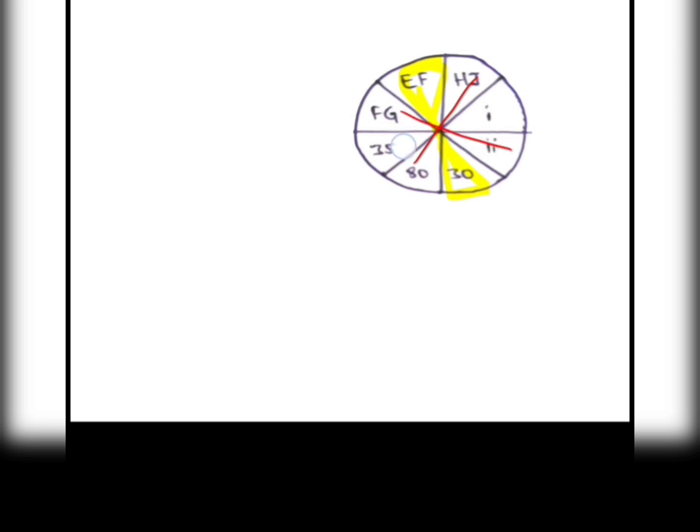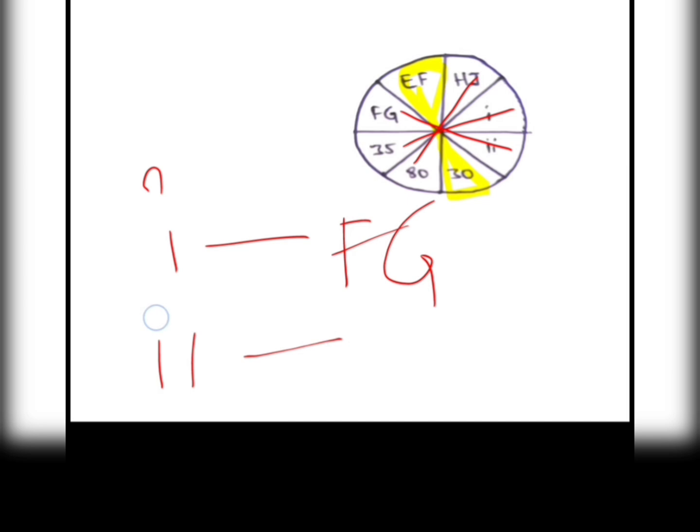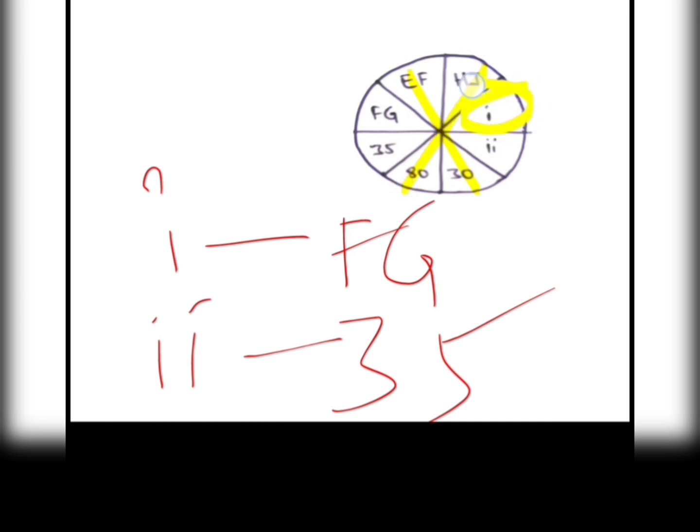FG will be related to 2 and 35 will be related to 1. This conclusion we got now. First one is related to 35. Second one is related to FG. Let's check how EF is related to 30 and HJ is related to 80 so that we can find 1